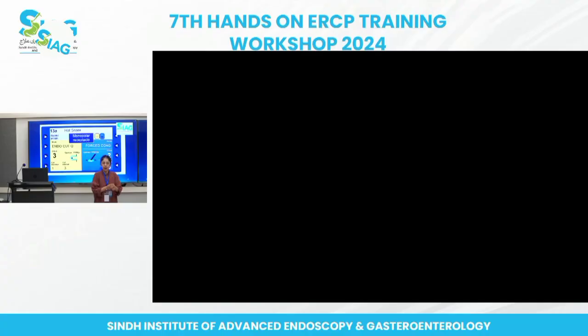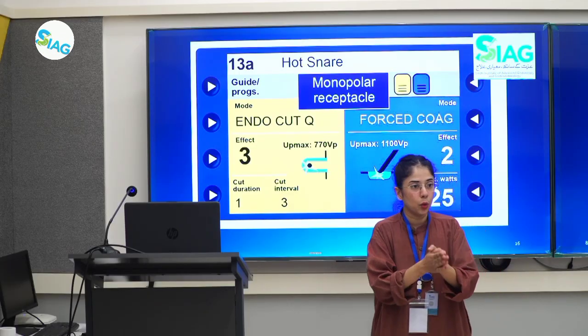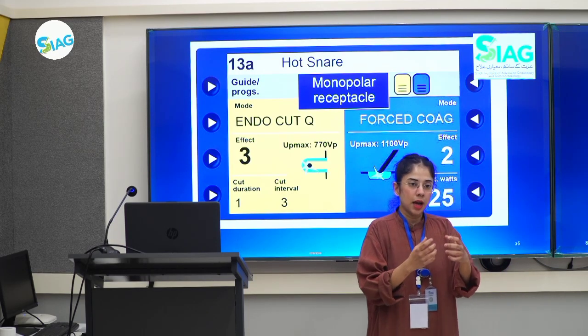So basically, when you're doing a sphincterotomy, you want a nice clean cut. And you want it to be a very steady cut. You don't want to zoom into it. A lot of people don't prefer pure cuts in sphincterotomy because they feel that there's a high chance of zipper cuts. Honestly, there's no difference in the morbidity or bleeding rate for pure cut or blended cut. But the problem is your control.